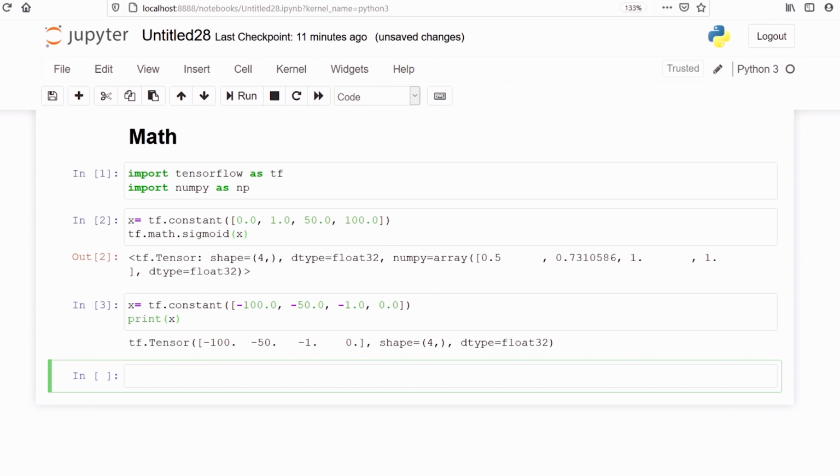We will see accumulate_n method. This method returns the element-wise sum of a list of tensors. We are going to make a list of 2 tensors and then we will apply the accumulate_n method and check how it is working. This is going to be our first list of tensors.